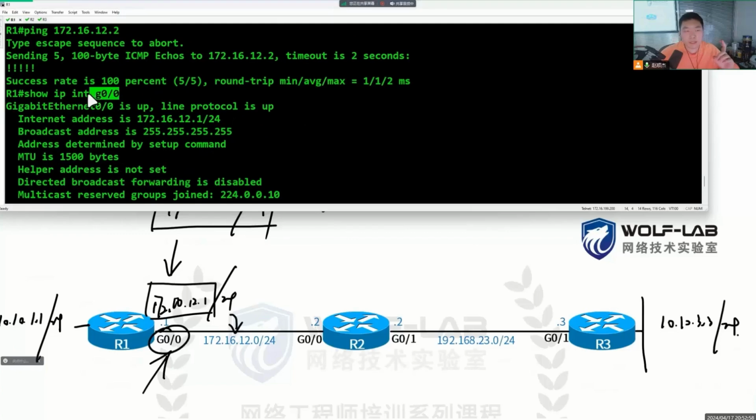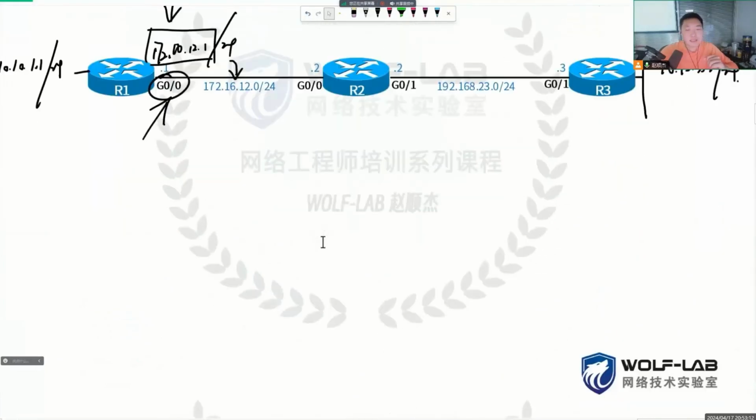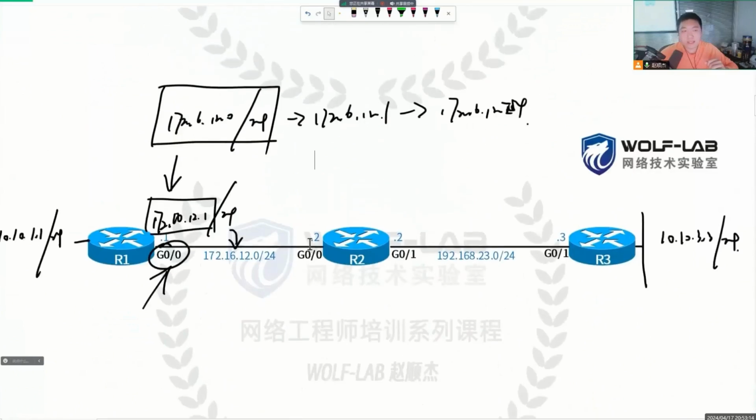It also runs EIGRP. It will join the 224.0.0.10 multicast group. It can also receive my hello packet and check the information inside. So students, what do we have now? Both sides of the router are running EIGRP, can send hello packets, can receive each other's hello packets, can establish